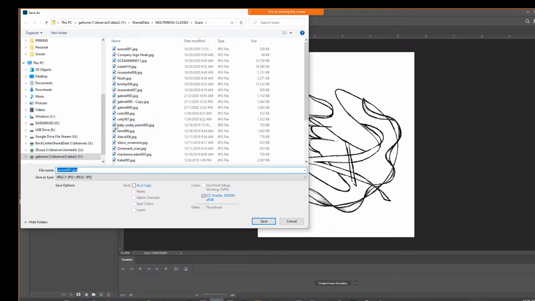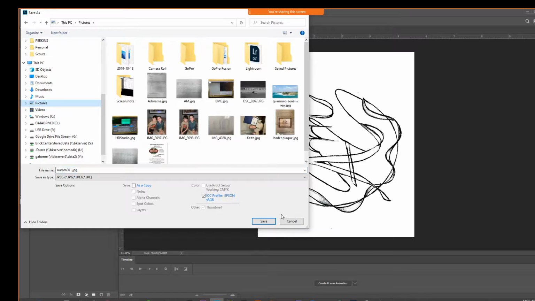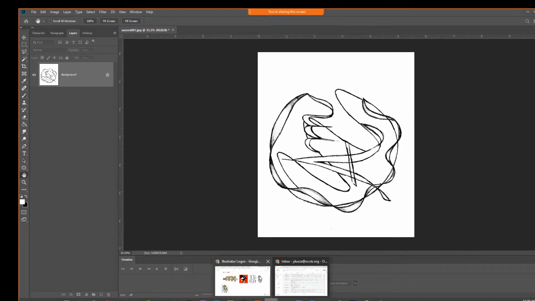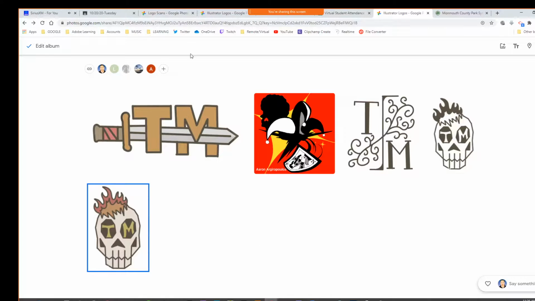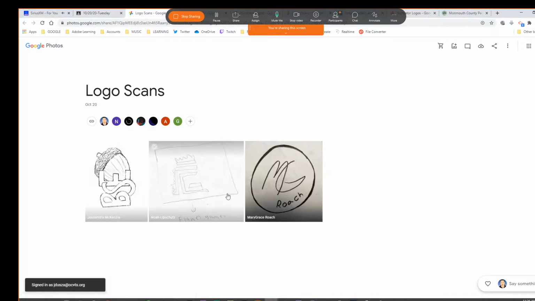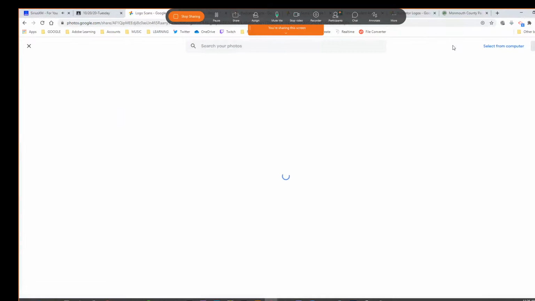All right, so I'll just put this into my pictures. You can practice that with yours, Aurora. And then for today, that would go into Classroom. I gave you guys a couple links here, right? So I want to see that you have used the scanner. So our logo scans will go in here. All right, so you can just click Add Photo,